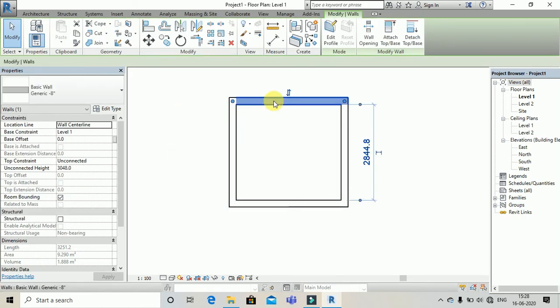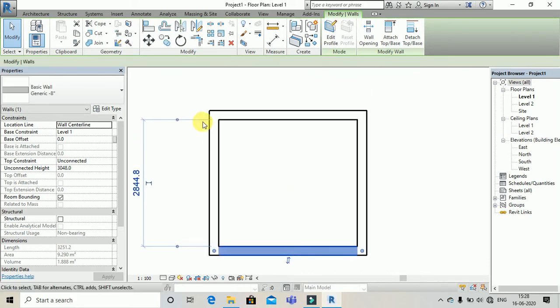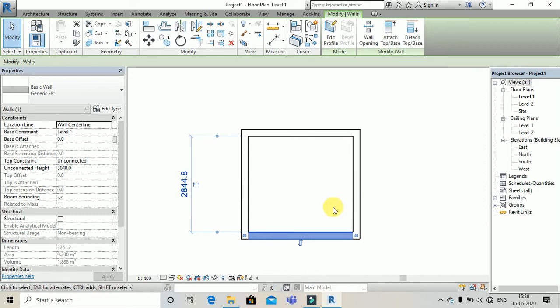Now as you can see, the dimensions are not from center to center, but from interior wall face to the other interior wall face. 10 feet by 10 feet our dimension shows, and this is our square. Zoom in a bit. So our square is ready, our room is ready actually.